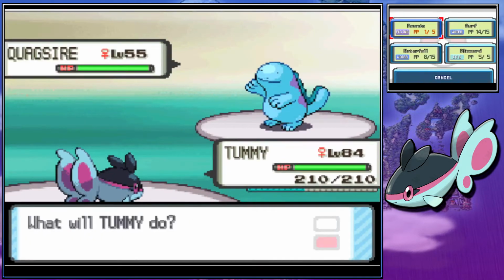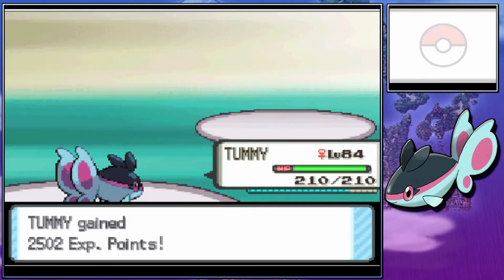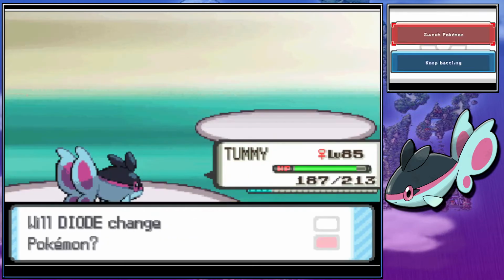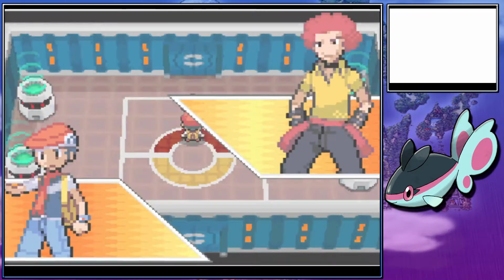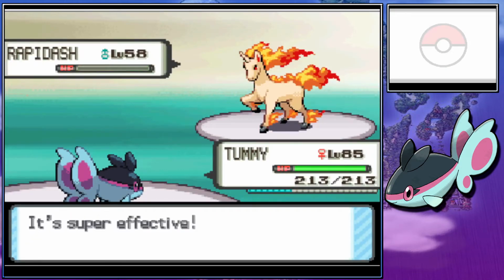Bertha was an absolute cakewalk. She only uses ground types. I have a water type. You do the science. Next up was Flint, a fire type user, and it was an easy battle overall, except